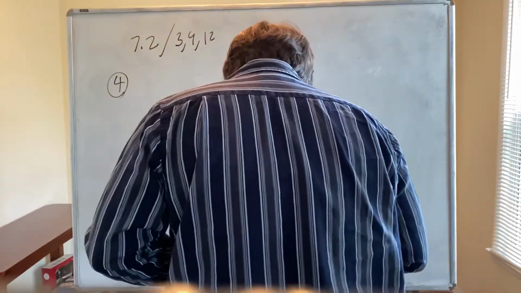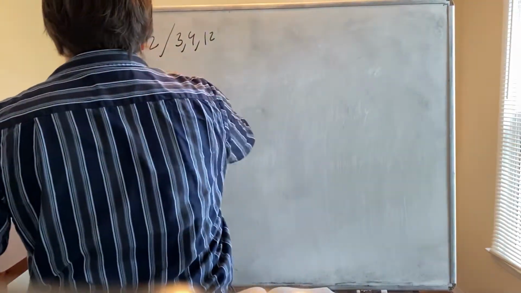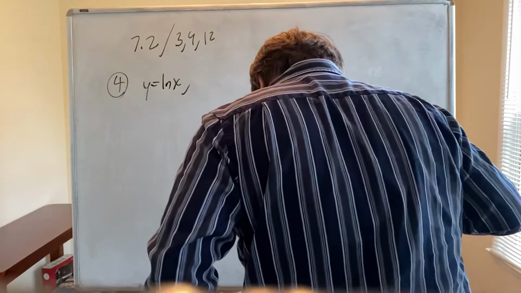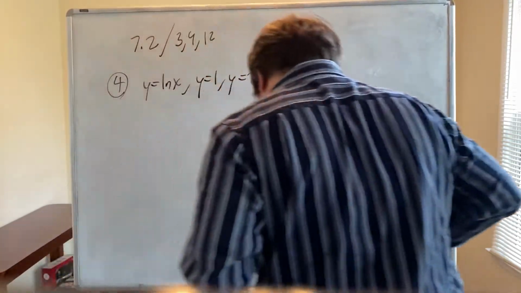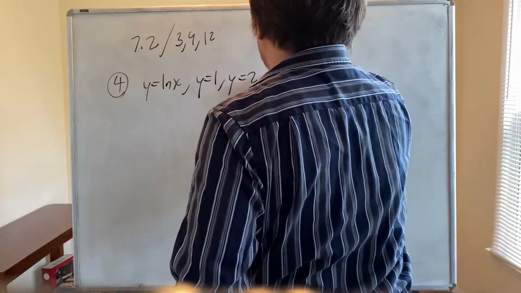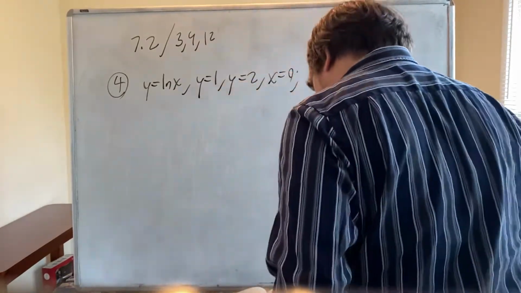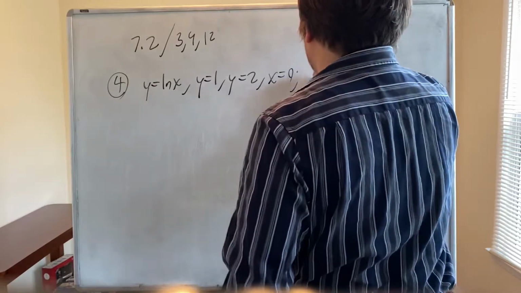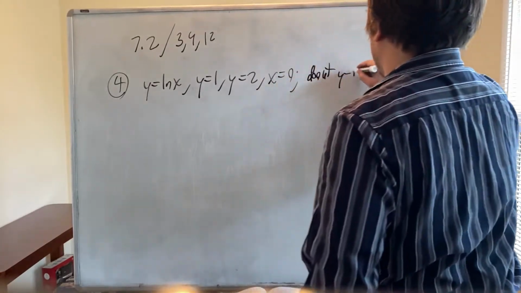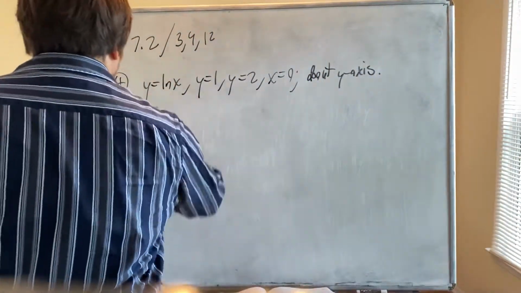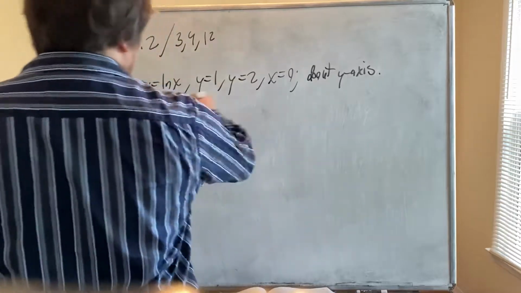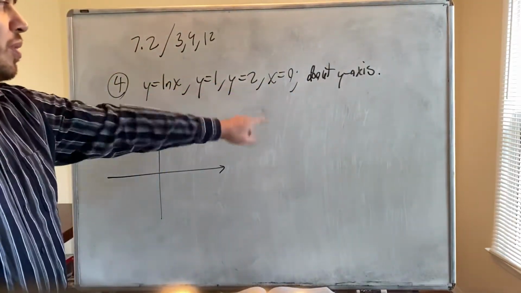Number 4 is we have y equals ln x, y equals 1, y equals 2, x equals 0. So the region is bounded by those curves, and it's about the y. We're going to rotate about the y-axis. Okay, so let's do that. We're going to find the volume after we take the region bounded by these 4 curves and rotate it